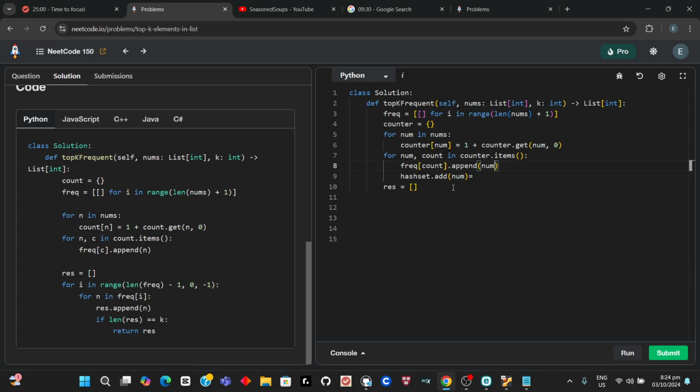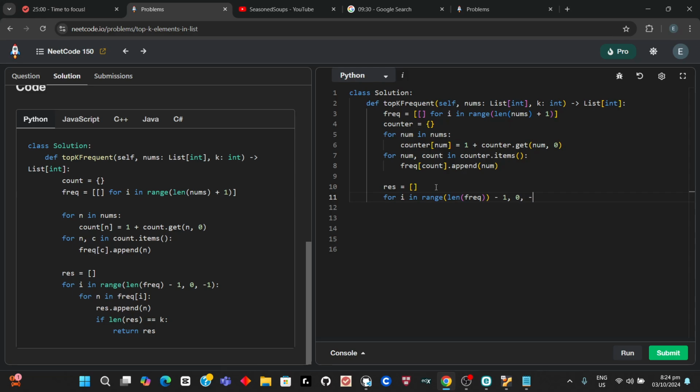We apply the result, and for i in range, this time, in the length of the current frequency array minus 1,